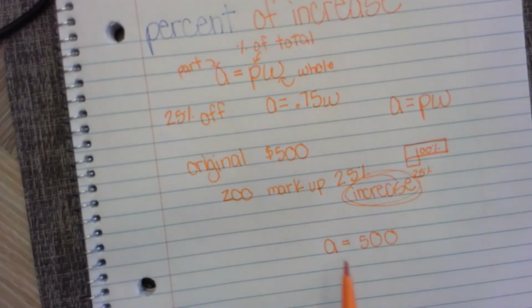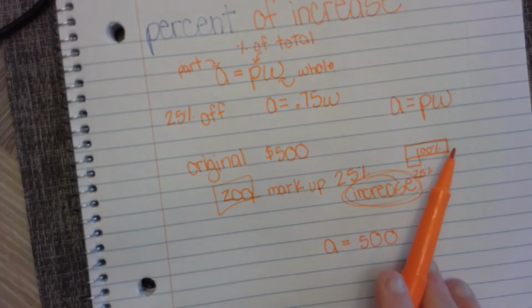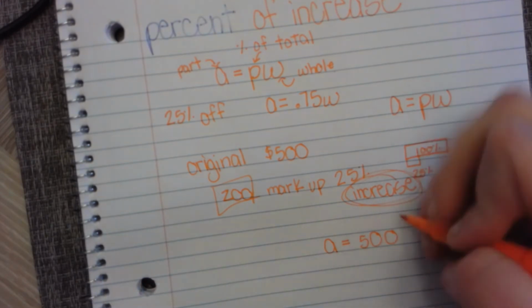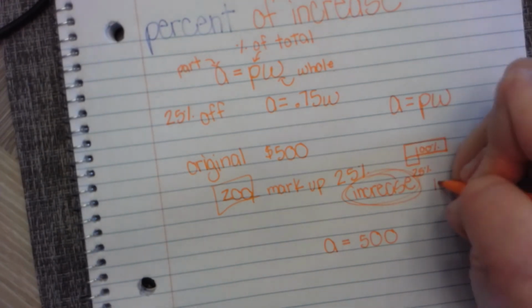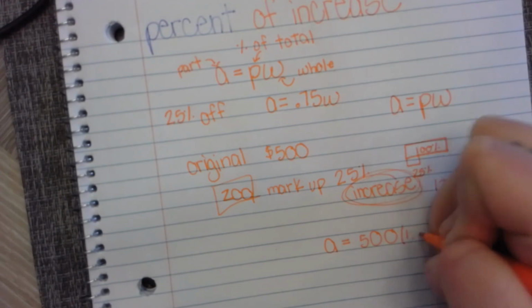So the zoo, who's purchasing the giraffe from me, is paying the 100% that I paid plus this 25% increase. So they are paying for one whole and 1/4 chocolate bar, meaning my percentage is 125%, which as a decimal is